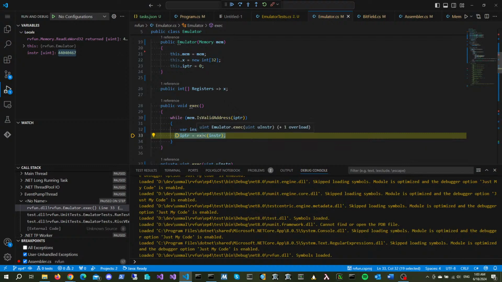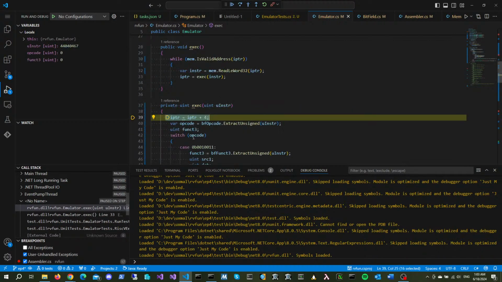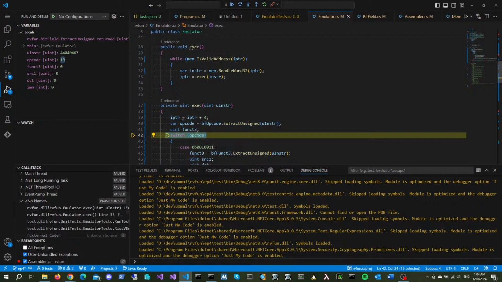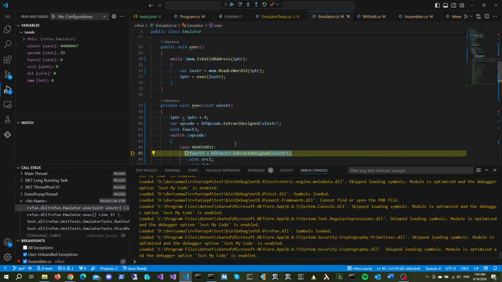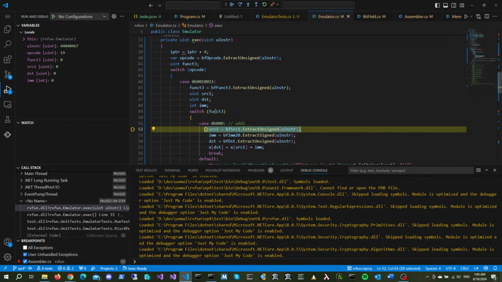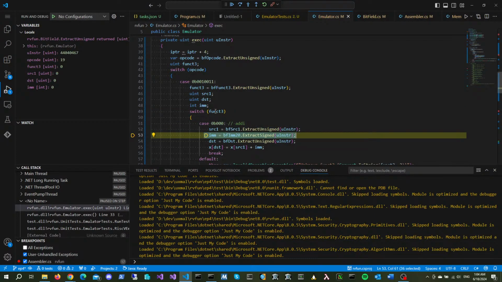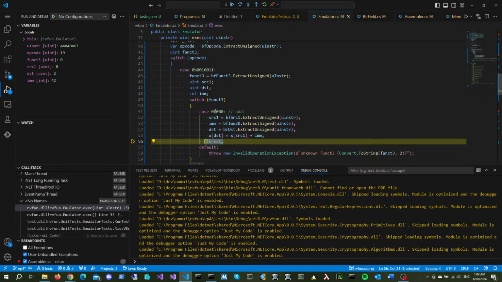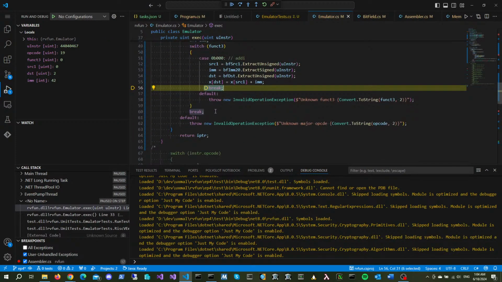So then we're going to go into the exec instruction. And we're going to grab the principal opcode. And the opcode is 19, so that's correct. And then we're going to grab the funct3 field, which should be 0. It is 0. So we successfully... yes. Okay, so this does work correctly, but then after this switch statement,